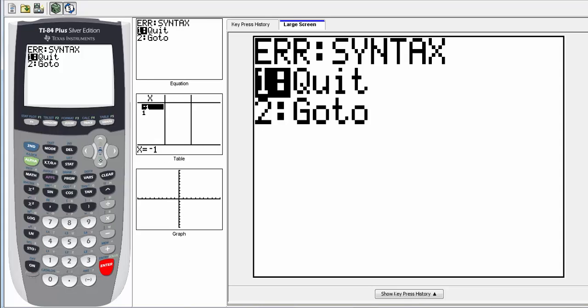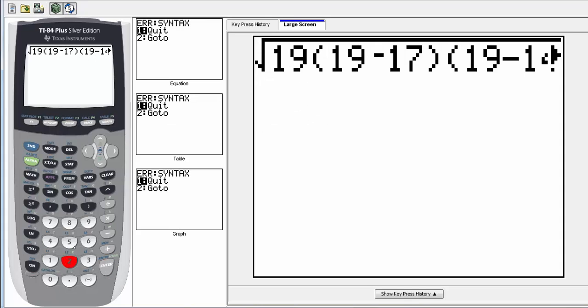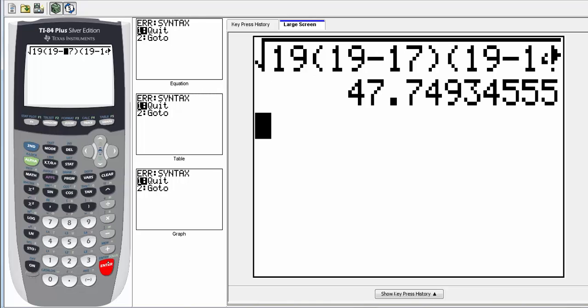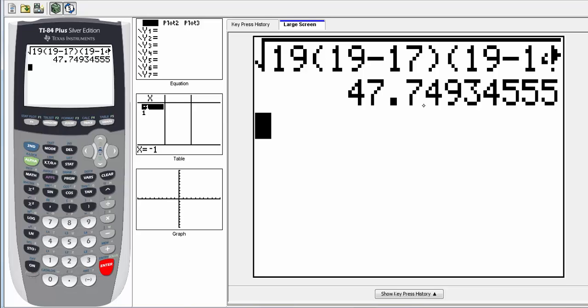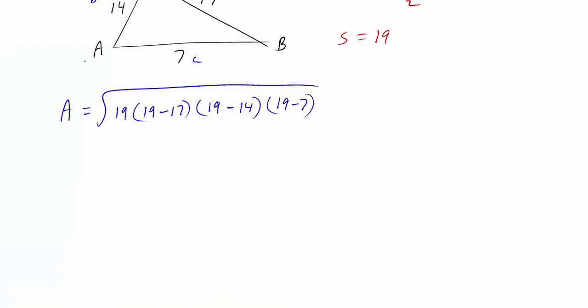whoops, let's see, what did I leave off here? Oh, I got an error message here because for 19 minus 17 I used the negative key instead of the minus key, so make sure you use the minus key. Try that again. So then we end up with 47 point, and we'll round to two places, so 47.75. So the area then of the triangle is